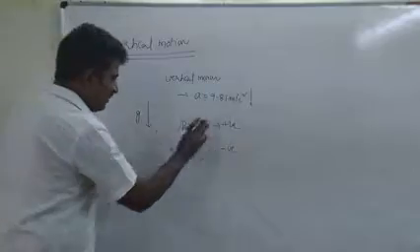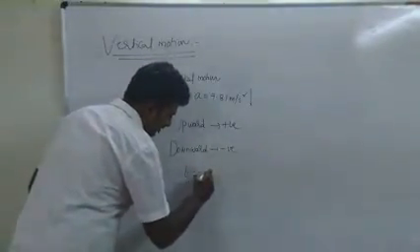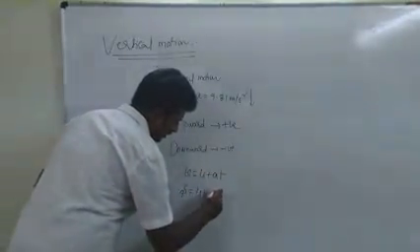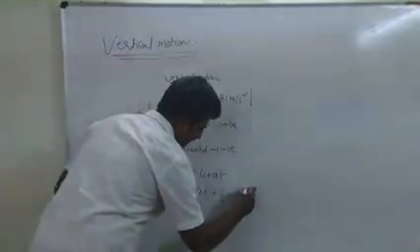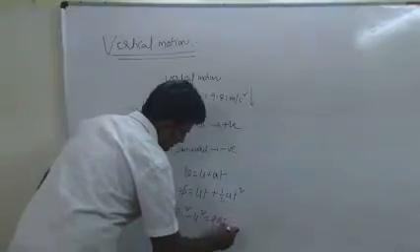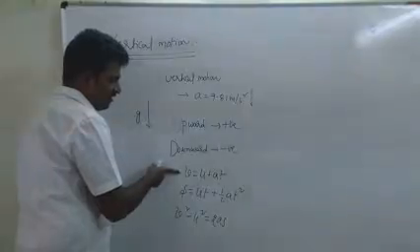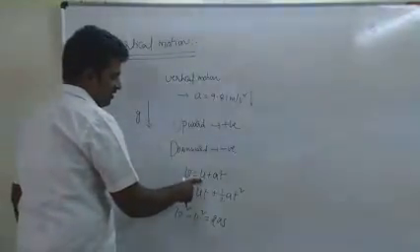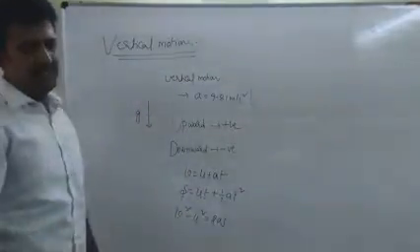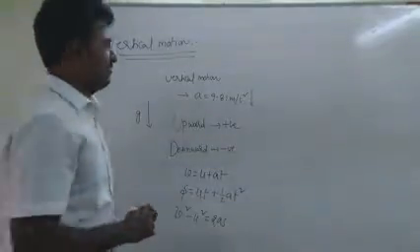And then with the help of this, I will make use of equations of motion, that is v equal to u plus at, s equal to ut plus half at square, v square minus u square is equal to 2as. In all these equations, the parameters are same. v is velocity at time t, u is initial velocity, s is displacement, a is acceleration. Of course, a we can substitute as minus g by taking upward as positive, isn't it?